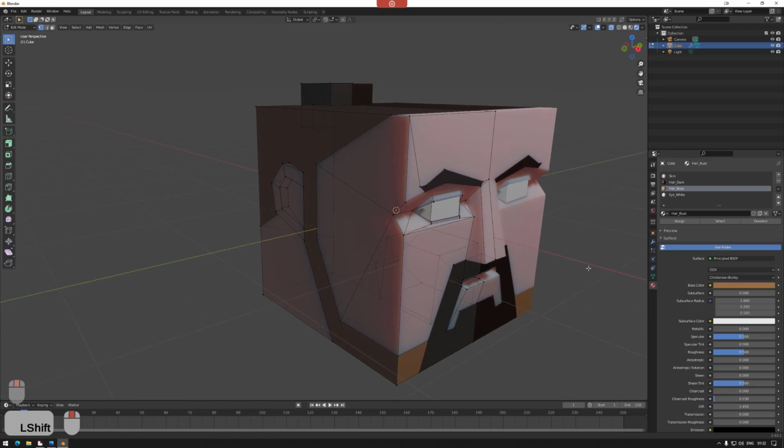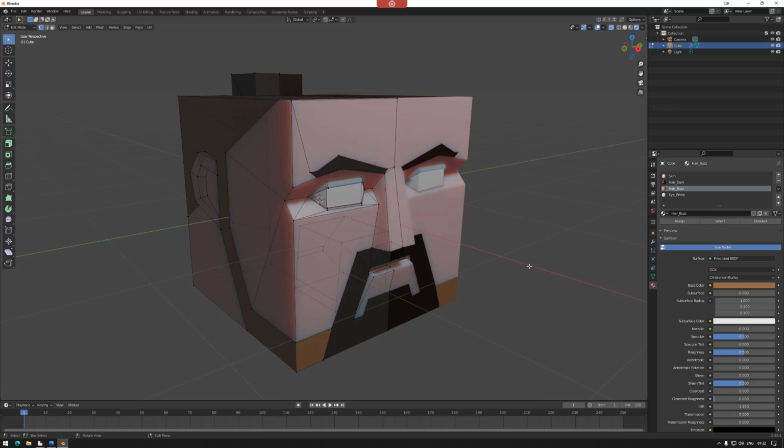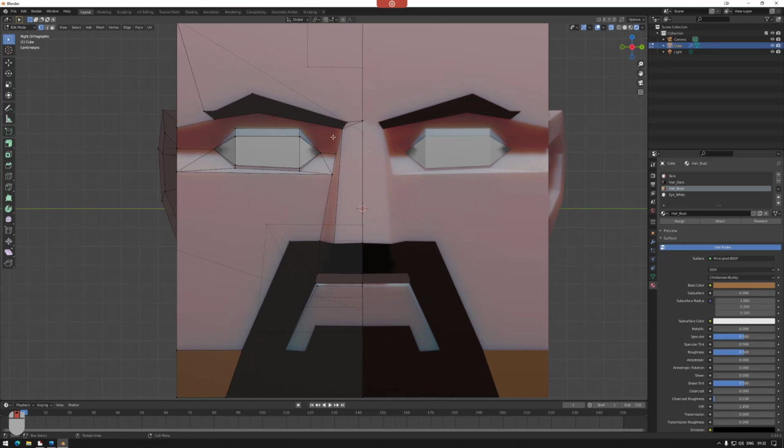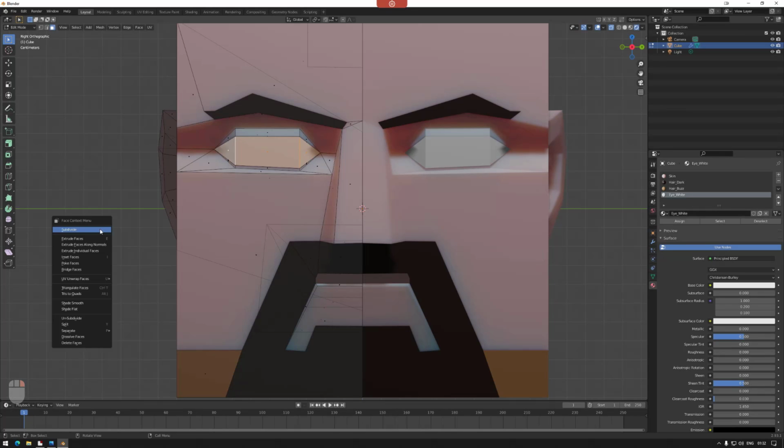There we go. The last thing we need to do is sort of figure out the eyes. This took a lot longer in the last version. That's probably where a lot of the time went. So as it stands, it's 30 minutes. But we can do it a bit faster this time because I know what I'm talking about. So for example, we're going to grab these and we're going to detach. So if we go right mouse click and we go separate selection,